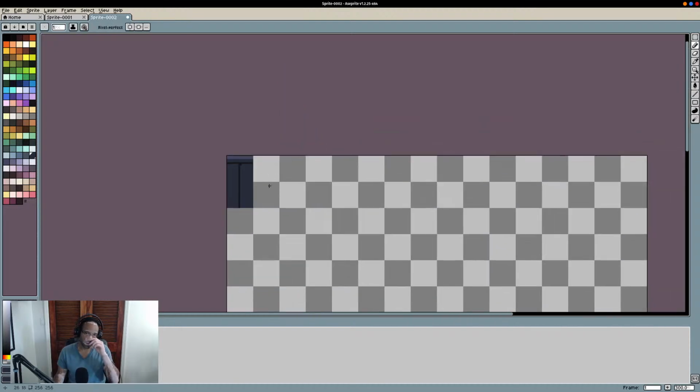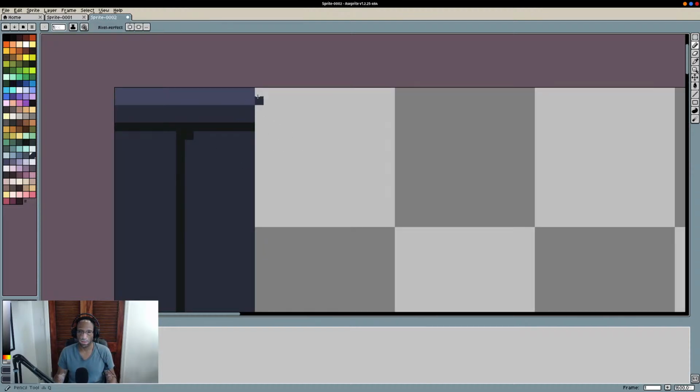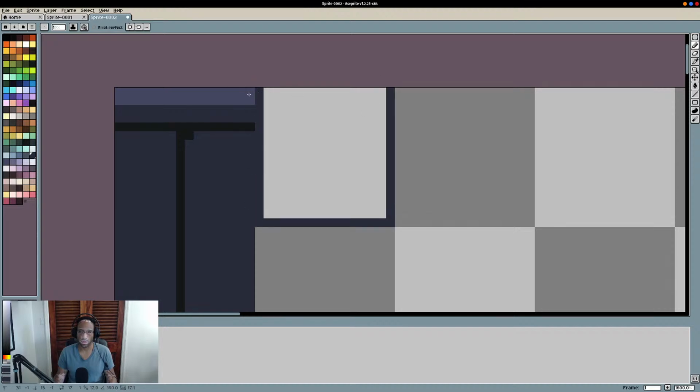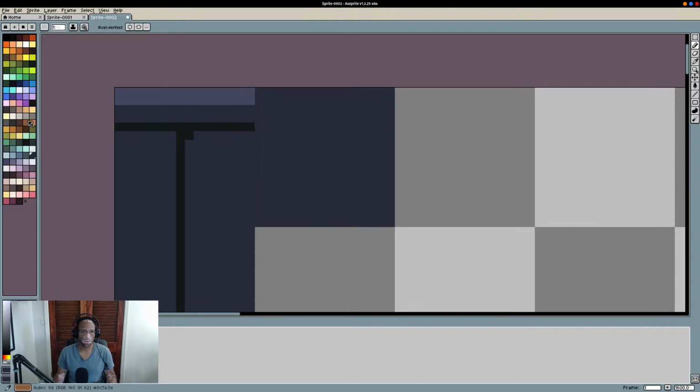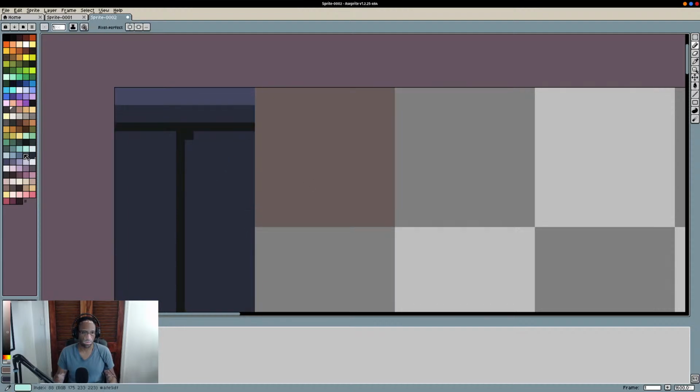Okay, that's definitely a good start for a ground for the bottom. And then for floating blocks, we'll do something like, let's change up the color a little bit. We want it to be a little more interesting looking. We'll use this color, and then something like this. And then give us something like,